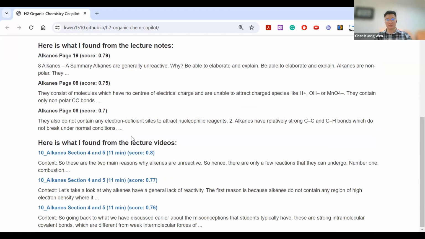For these videos here, when the students click on it, it will go into this particular video, but it's not going to start from the start. It's going to go to a specific timestamp for the students to watch. Because this is the school's IP, I can't open it up and show you. But essentially, if this context starts at 1 minute 30 seconds, the video will be at 1 minute 30 and start playing.